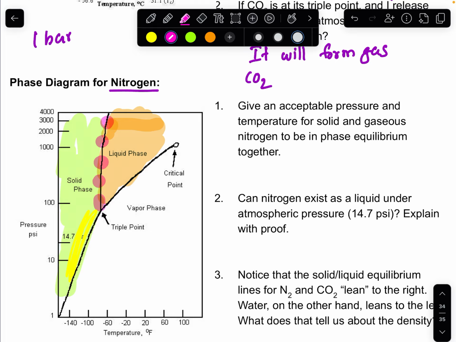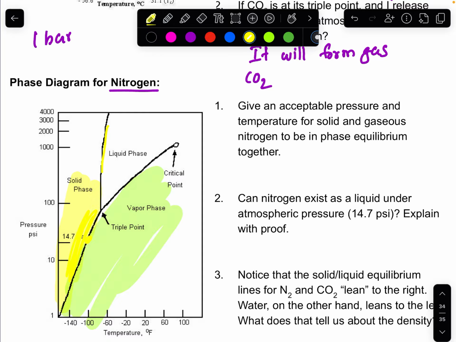So temperature, give an acceptable pressure and temperature solid. Okay, it's asking, sorry, solid and gas. Okay, let me erase this. Okay, that's not right. It is asking solid and gas. So we need these two, solid and gas. So any value between these lines. Okay, just pick any value. So just go pick this or pick that. So any value you can say, I would say,